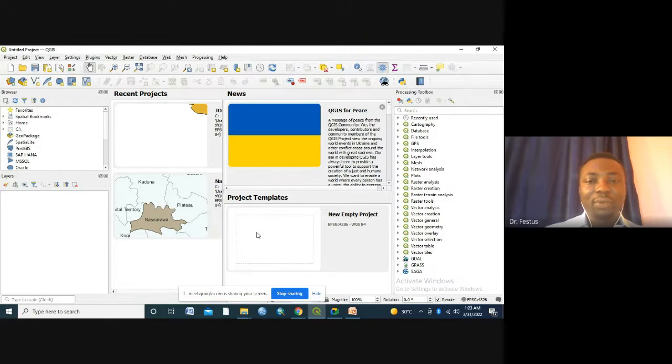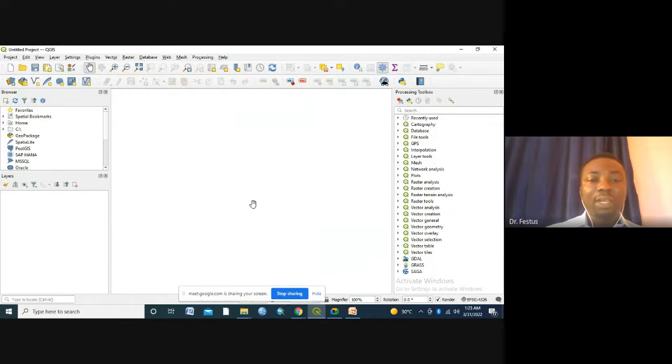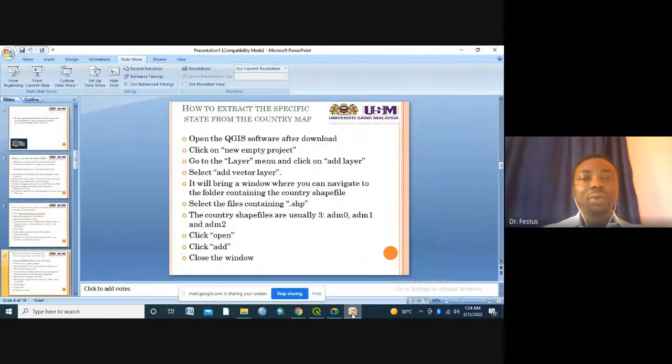All right, so you just click on this, or double click rather. Once you double click on new empty project, it will bring up this particular data view. This is the place where you're going to do all the data manipulation. So if you have already opened this, the next thing to do is to go to